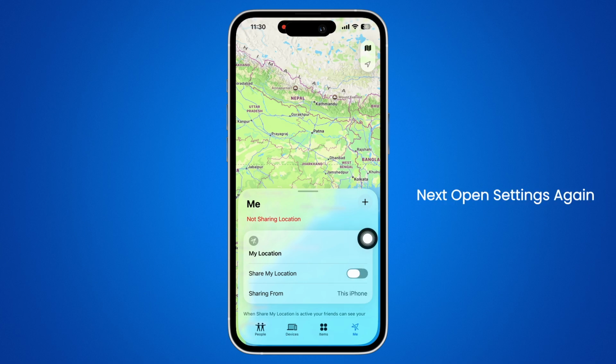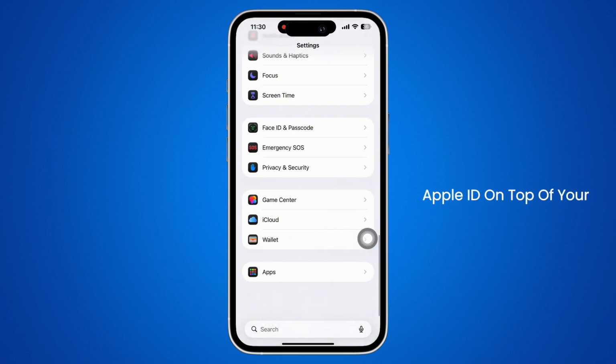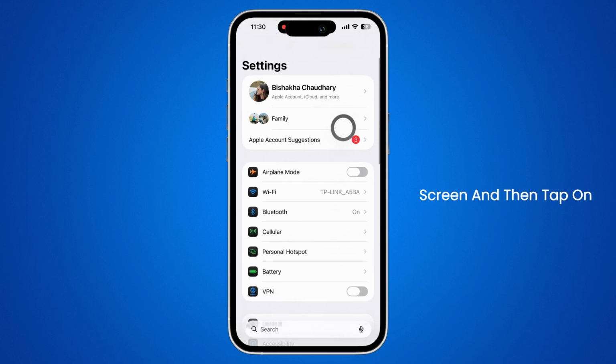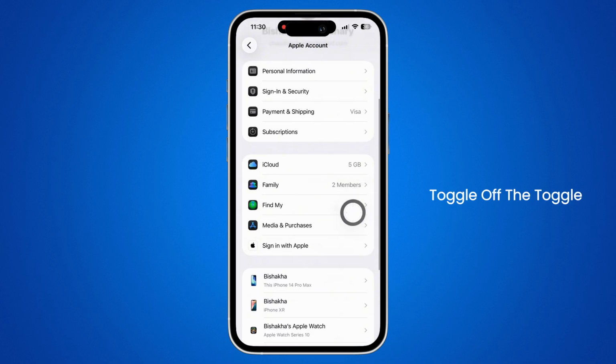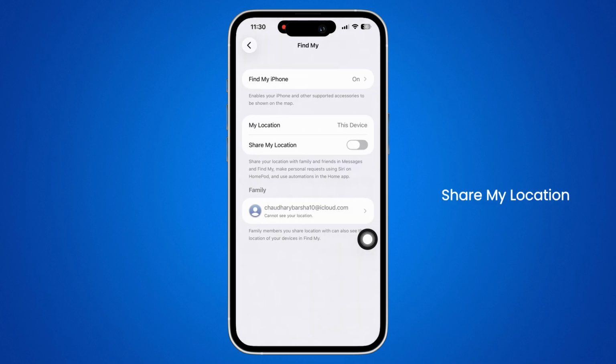Next, open Settings again and then tap on your Apple ID on top of your screen and then tap on the Find My option you see there. Further, go ahead and toggle off the toggle button for Share My Location this time too, and make sure that